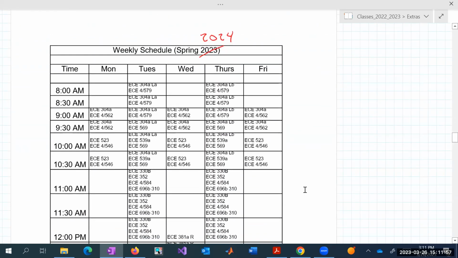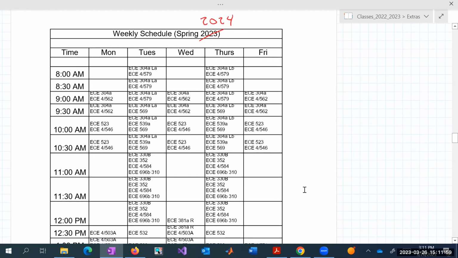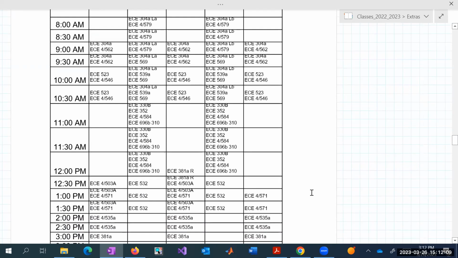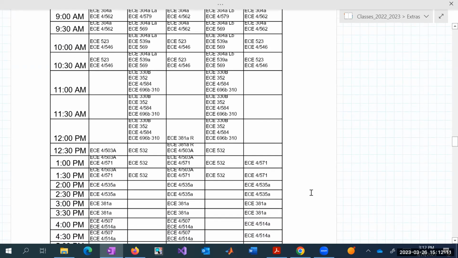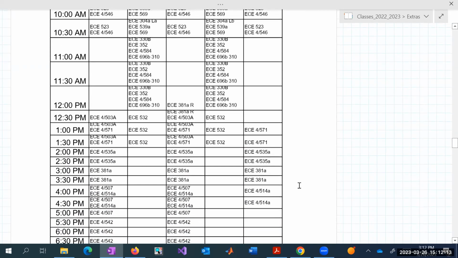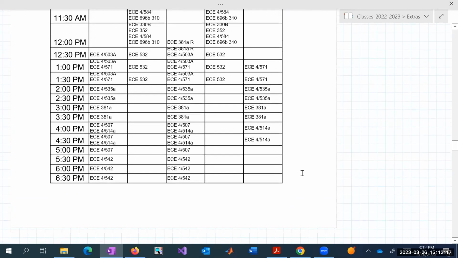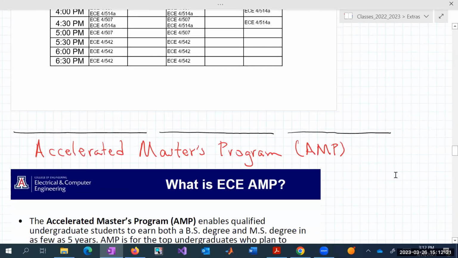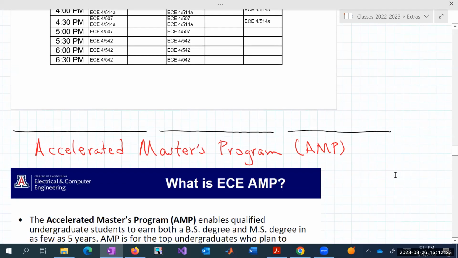The weekly schedule here, we're not that far out in terms of planning for the spring 2024, but based on the spring 2023, this is where the classes now live in terms of the week and the day of the week and the time during the week in your planning activities. That's what I would like to say for